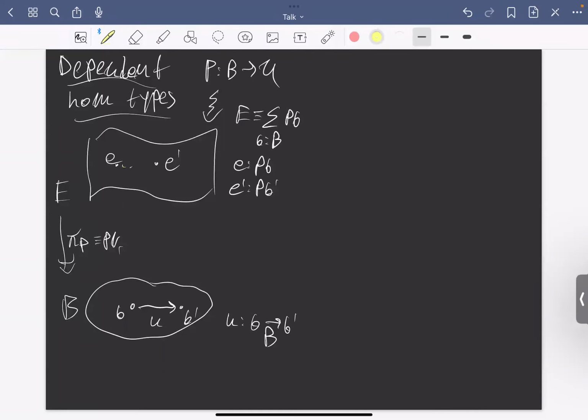I might be interested in capturing all the arrows F that get mapped to U, so that lie over U in the family. And this I get as the dependent hom type of the family P over the arrow U from E to E prime, defined as